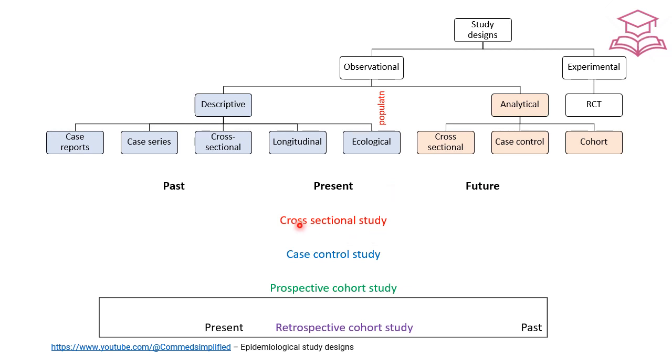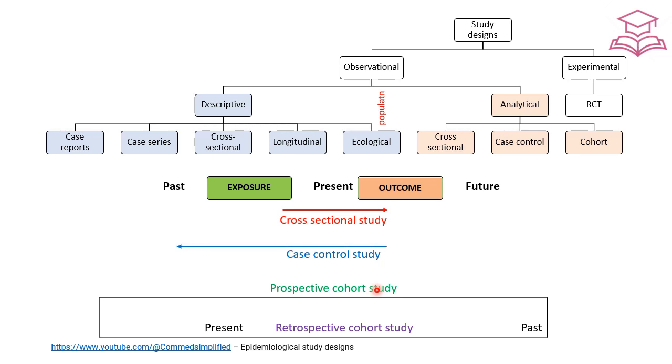In cross-sectional study, there is only a single time period where both exposure and outcome occur. In case control study, it starts with the diseased and non-diseased. So the study is backward looking from outcome to exposure. In cohort study, it always begins with the exposed